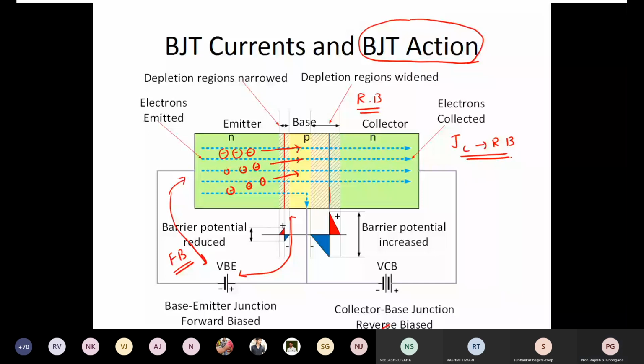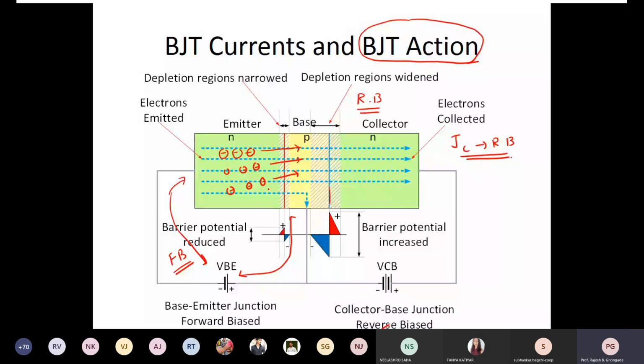ठीक है ना? Yes, sir. Electrons come into the base. Sir, someone is removing me from the meeting again and again. Hey, please don't do that, yaar. Please don't behave like small kids. This is a very serious discussion. We are doing something very interesting. My request to all is that please don't do this monkey business over here. The most important part I'm telling you, and you guys are really, I don't know. Okay, please don't do that.